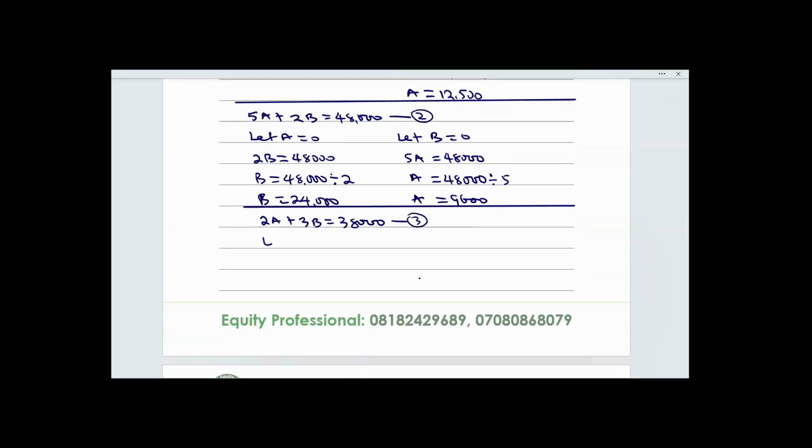All right, then let a equal to 0. If a is equal to 0, then 3b will then be equal to 38,000. Therefore, b will be equal to 38,000